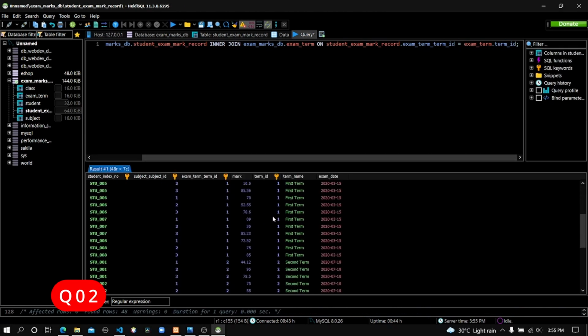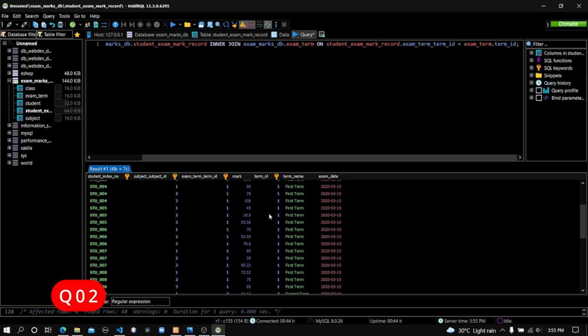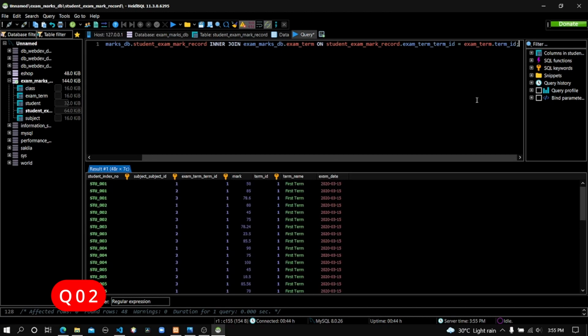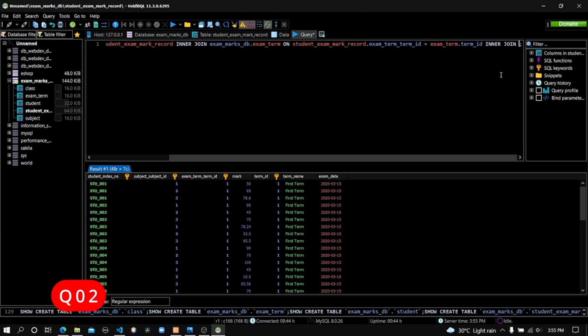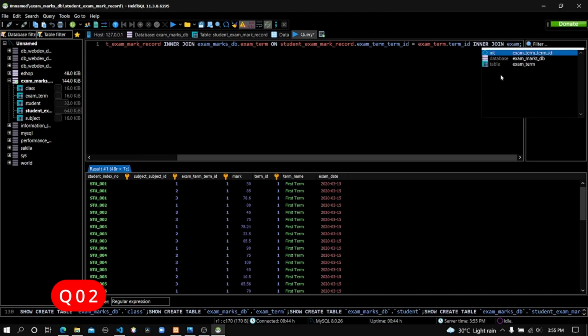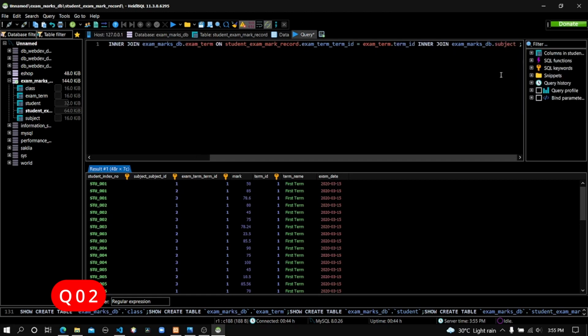You can see these two tables are joined in a corresponding order. And here I am joining the third table to this table list. Here inner join, and here's the table I'm going to join in the exam mark DB database, and here I'm joining the subject table, and here's the condition,